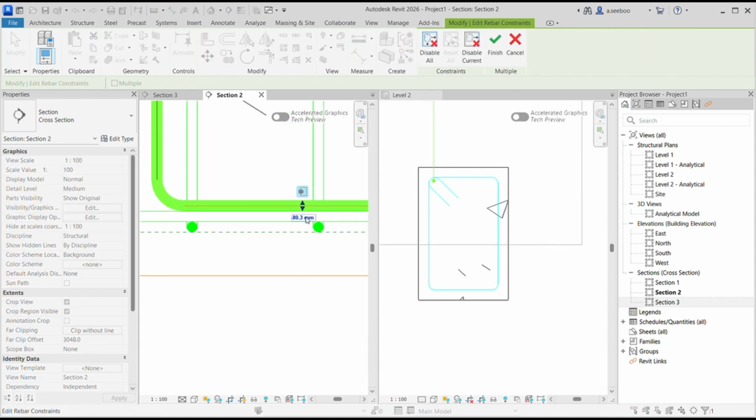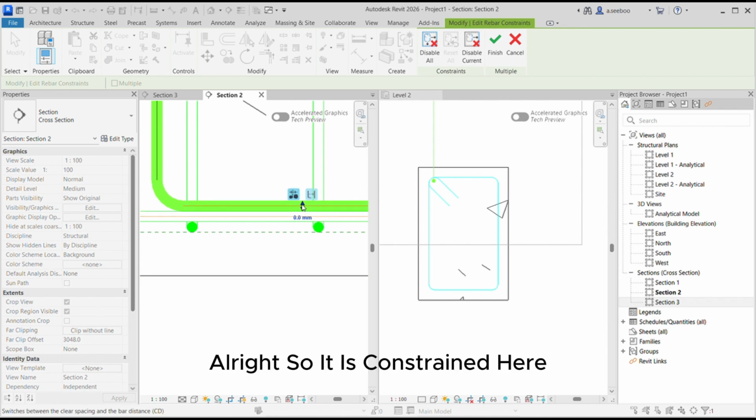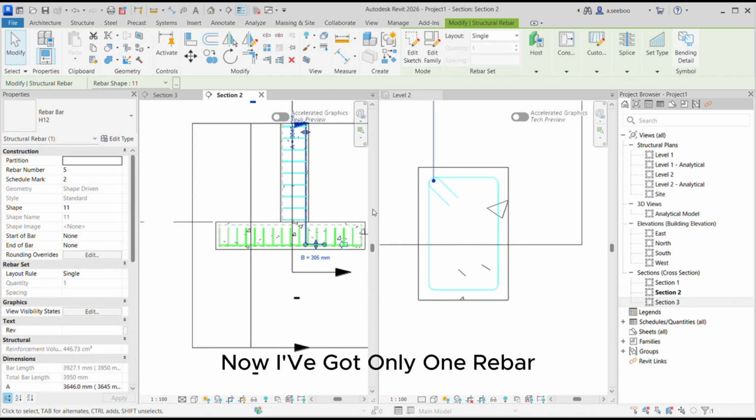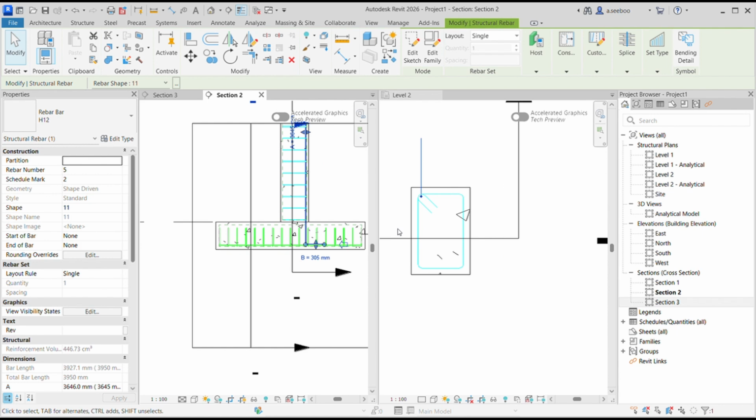So then I have it here. Alright, so it is constrained here. Now I put the tick. Now I've got only one rebar. I need to populate my